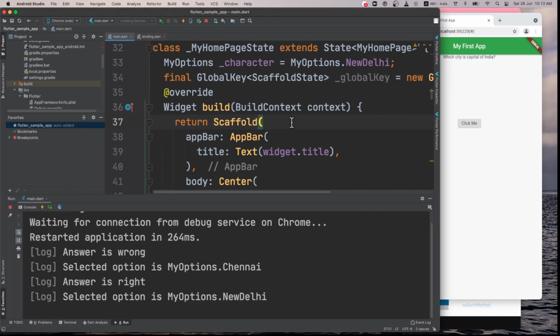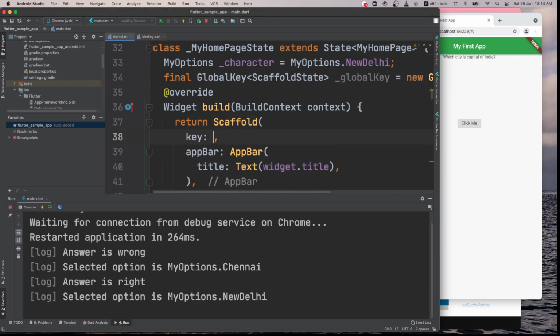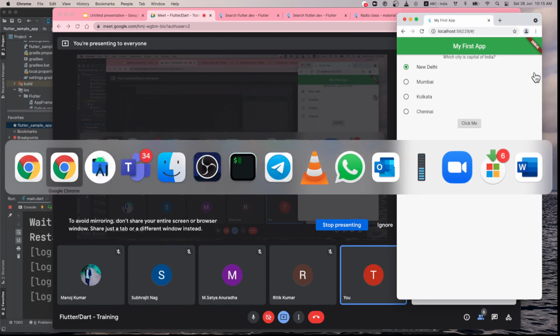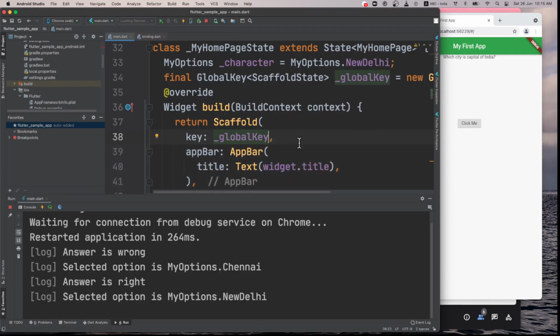Whenever we are creating a scaffold, it has an internal key, and that key I will say is my global key. Okay, and using this global key I should be able to do it. We were defining the global key here.